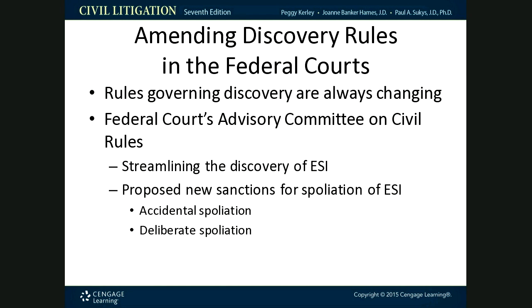And finally, the idea behind discovery rules, and it's not just in federal courts, it's in state courts as well, is that they're always changing. When they see a particular area, and there are so many cases coming around that are evolving as a result of a particular rule, they go in and they want to change those rules because it's causing a lot of things that were unforeseen. So the point of all of this is that there is a constant evolvement of discovery, especially when it comes to electronic storage of information. And with regards to that, you've got to be prepared to understand what it is.